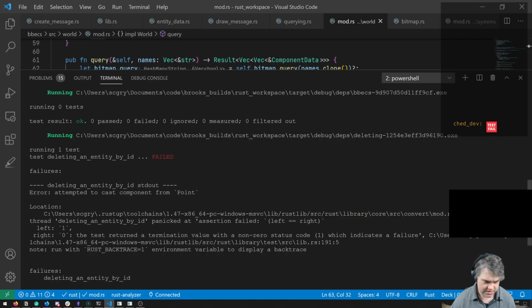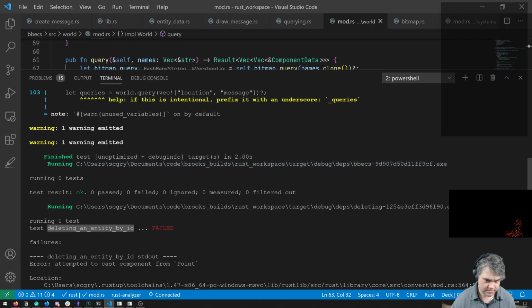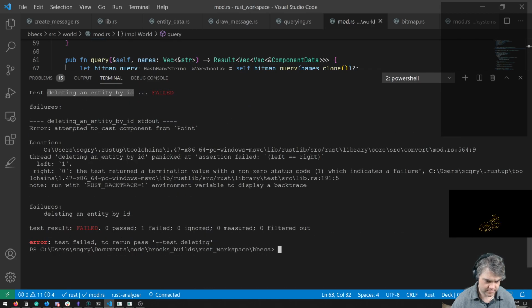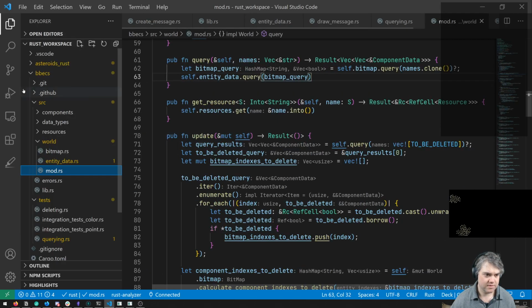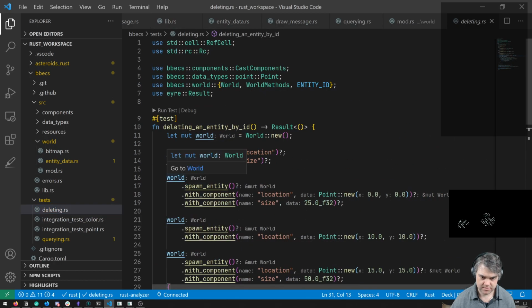That's mod. So deleting entity by ID. Okay, here, deleting entity by ID.